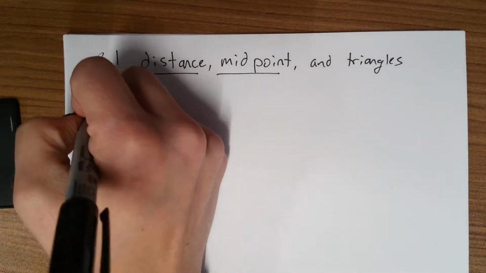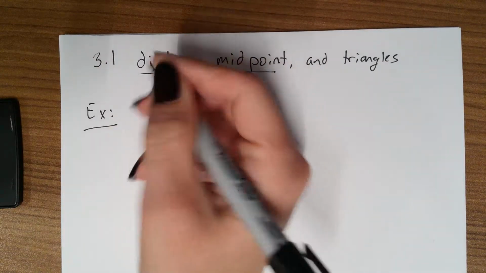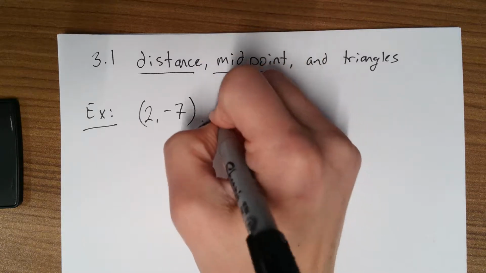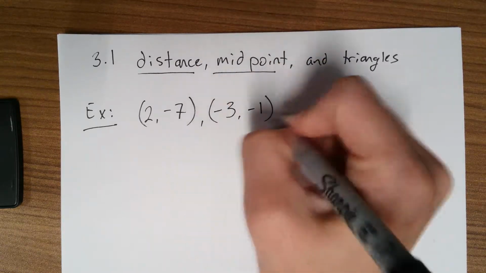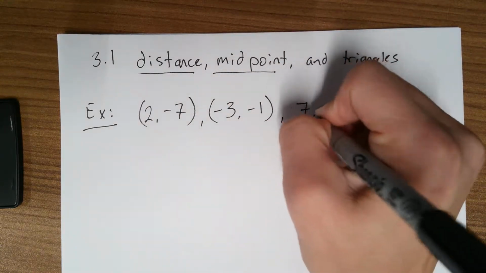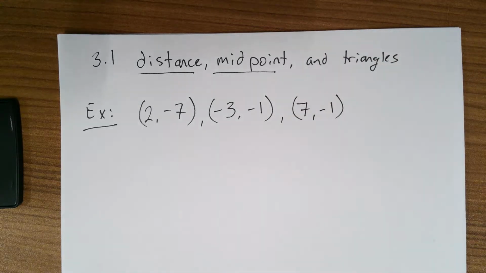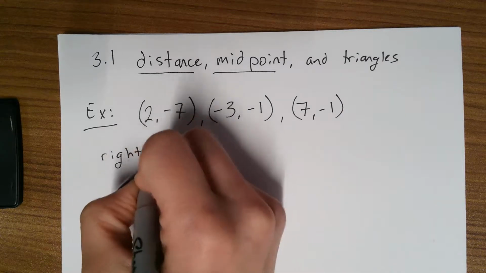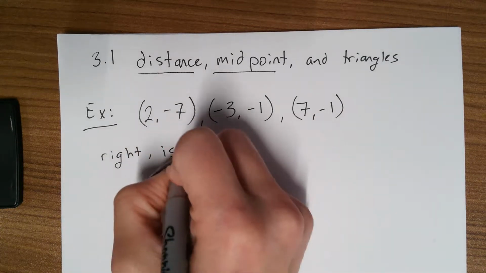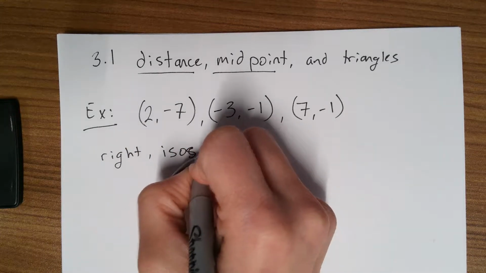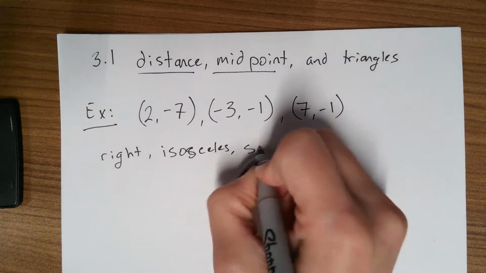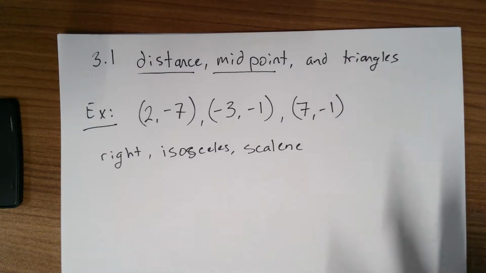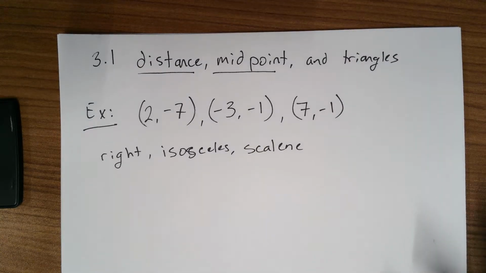So in this example, we're given three coordinates. We have (2, -7), (-3, -1), and (7, -1). And we're first asked to determine, is this a right triangle, an isosceles triangle, or is it scalene? So to determine what type of triangle I have, I really need to know something about